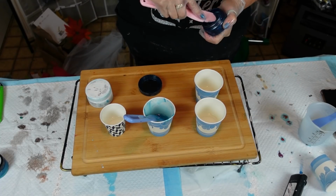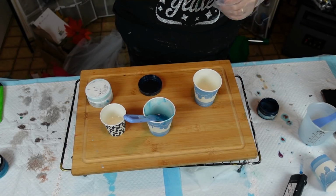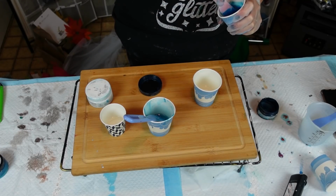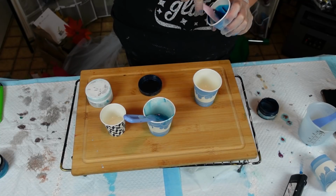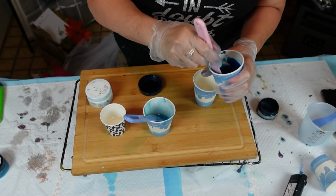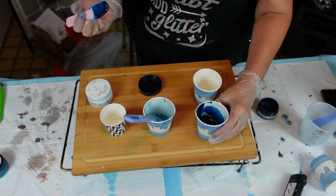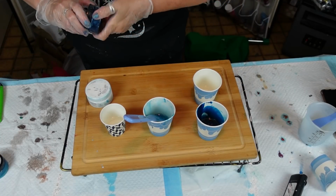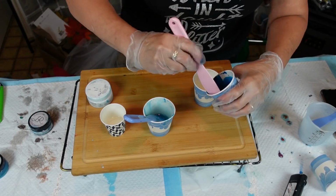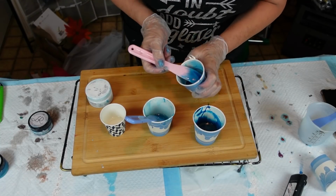Oh my goodness. I need to warm these up. That's a little odd in there. Okay. I'm just going to set that down there. And what I might do, because I don't want a lot of color, is use another stick. Let's just, yeah, that's good. So we got three